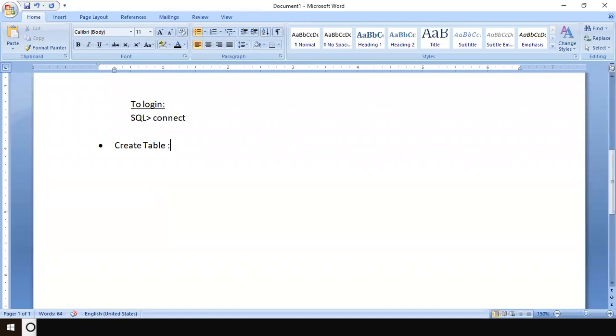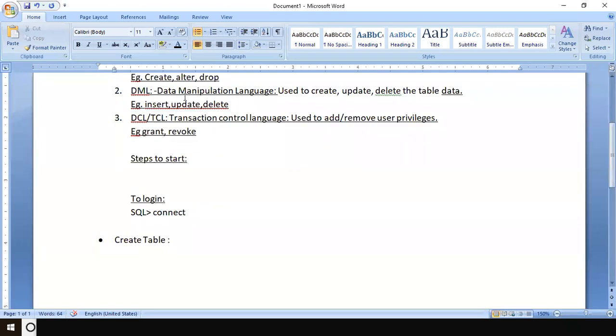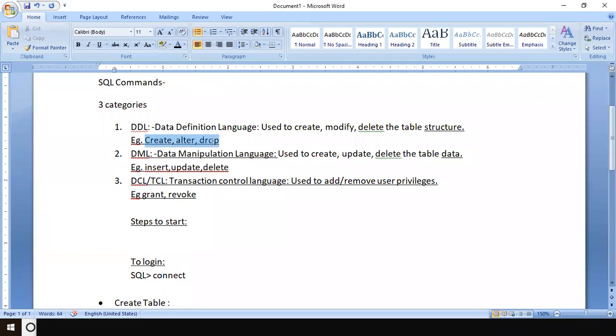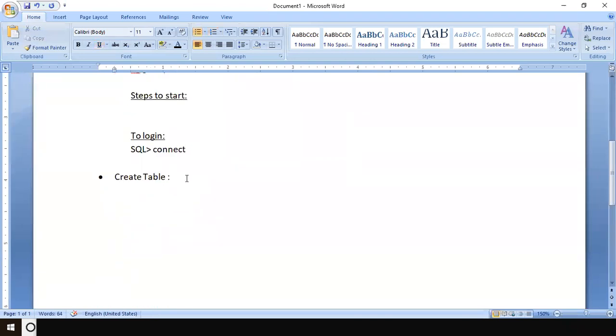Remember that. Create, alter, drop, all these commands are part of the DDL category. For theory as well as for practical viva, they always ask you to give examples of DDL commands.